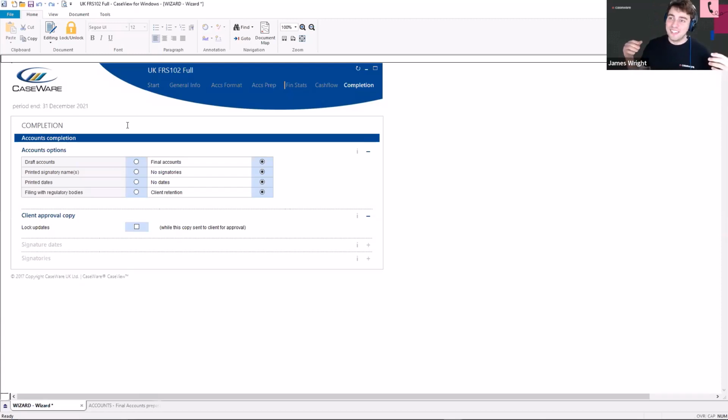You will find that it will remove the note for you, but because it's been locked, it won't be able to process any new notes onto the set of accounts. So just be wary of that. If you are going to do remove and replace, just remove the dates off of here, so it comes out of that lock mode, and then you can remove and replace that note